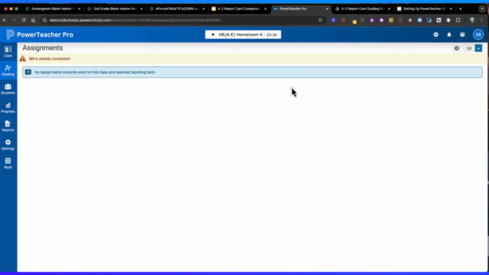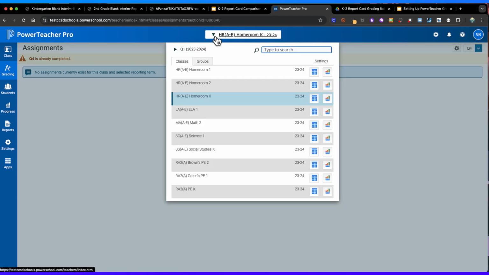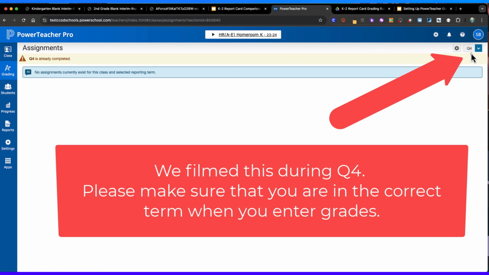Now that we've reviewed district expectations, including the use of the academic grading scale and learner characteristic grading scale, let's go ahead and start entering grades. Once you're in PowerTeacher Pro, you'll see a list on the left in the blue ribbon of different sections of PowerTeacher Pro. On the top is the list of your courses, and on the right is the term of year